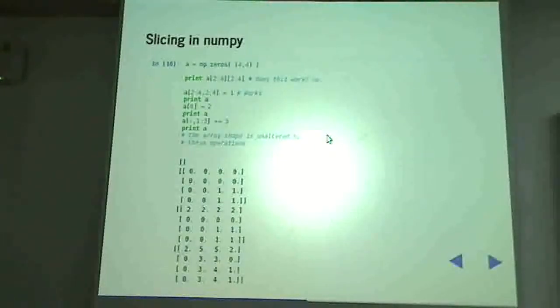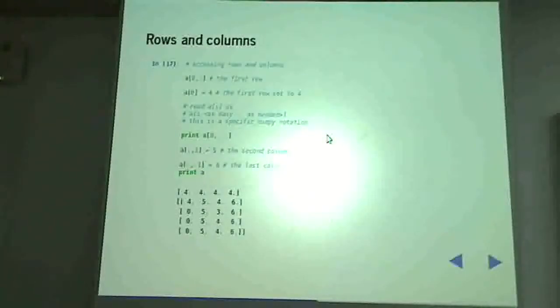So with this you can make arbitrary changes to any slice of your array. We have done this in 2 dimensions, but you can do the same kind of manipulation on a 4-dimensional array or a 7-dimensional array. So if you want to access the first row, it's A[0, :]. That's the clean way of doing it. You can also do A[0] equals 4, which means the first row gets set to 4. There is a special NumPy notation called...